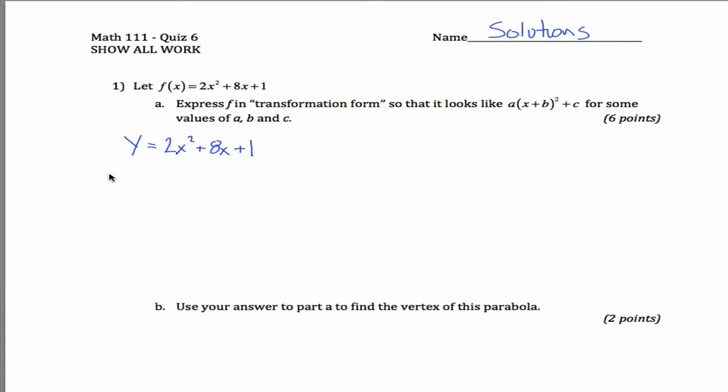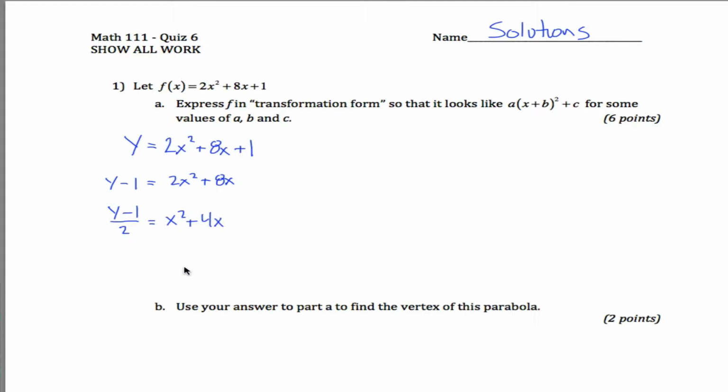In this class, I tell you that when you're trying to complete the square, you have to first get stuff in a specific form. And that form is, you want your x squared and your x terms on one side of the equation all by themselves. So I subtracted 1 from both sides here. But you also want your leading coefficient, the coefficient on your x squared term, to be a 1. So right now it's a 2. If I want to make it a 1, I could divide both sides of the equation by 2. And get down here